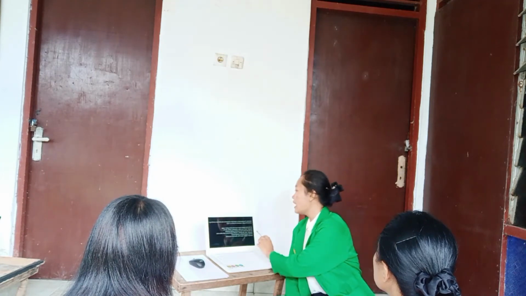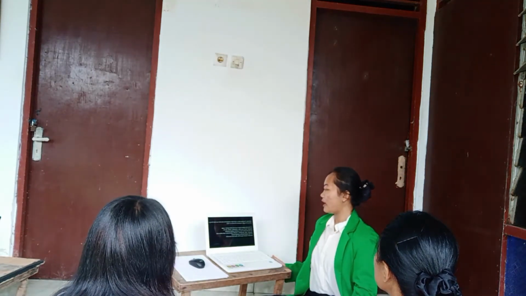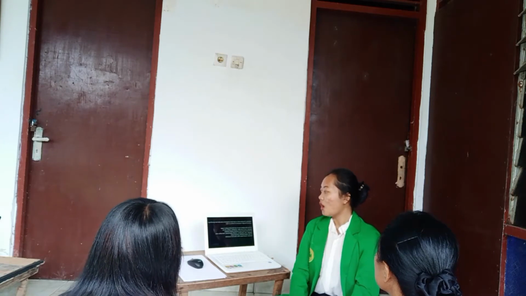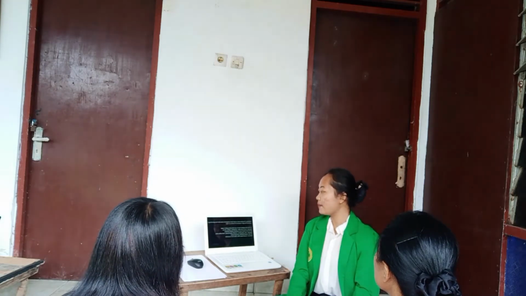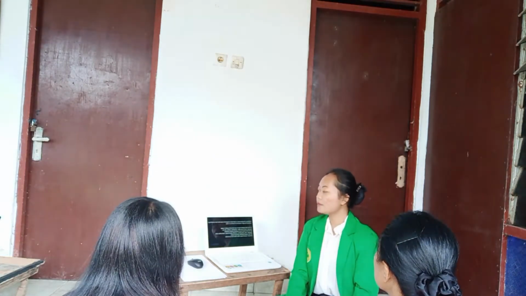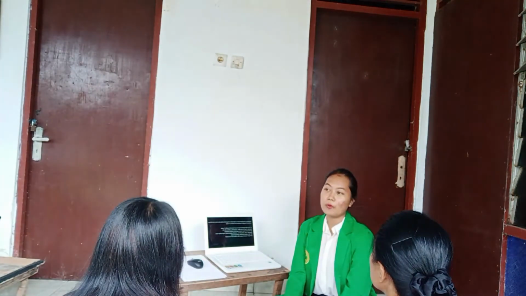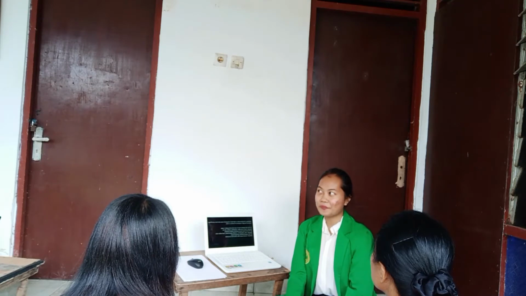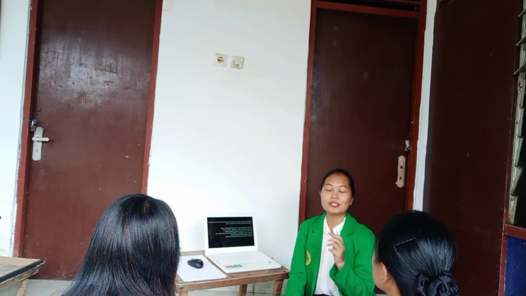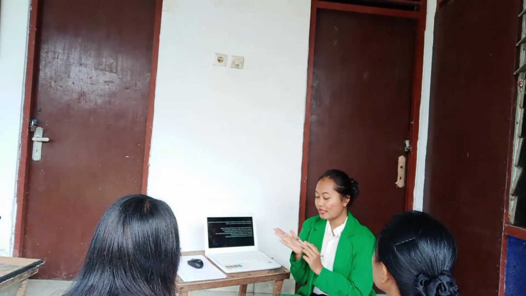And the structure of the procedure text: the first is text that explains how to use an instruction or guide. For example, how to use a computer. Yesterday you bought a new computer and you didn't know how to turn it on, so you will search on Google how to turn on the computer. Like, oh, this is the step by step to turn on the computer. So you will practice it.